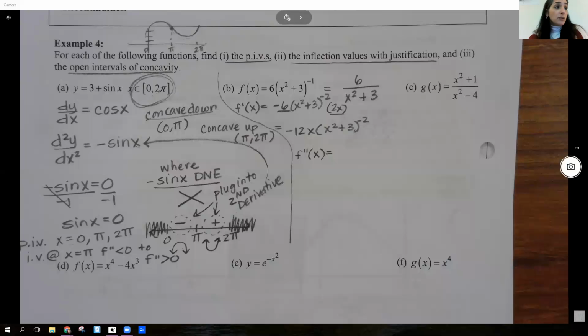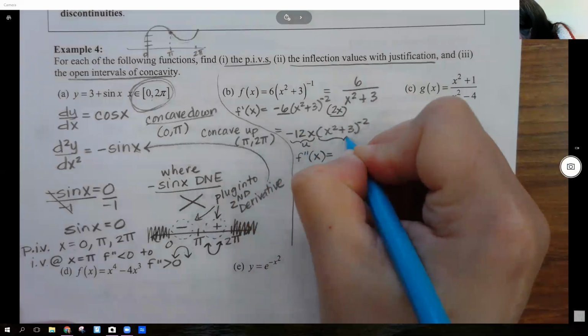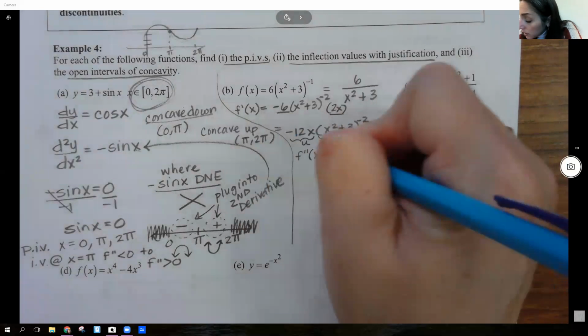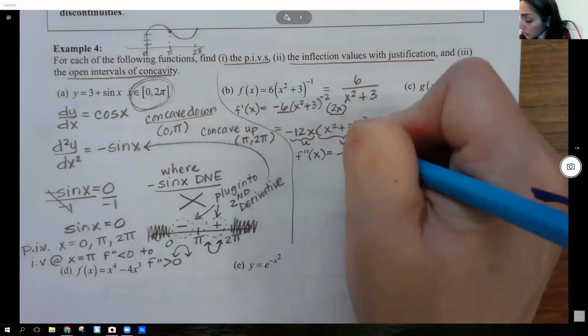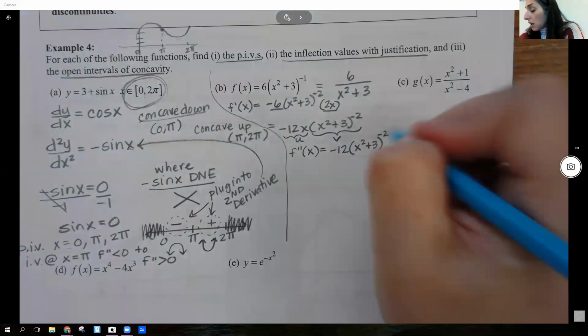If you really want to, you could put the x squared plus 3 down in the denominator and do quotient rule. Either one, you're going to get the same thing. So product rule means that this is going to be u and this is v. So u prime would be -12 times v, so x squared plus 3 to the -2,